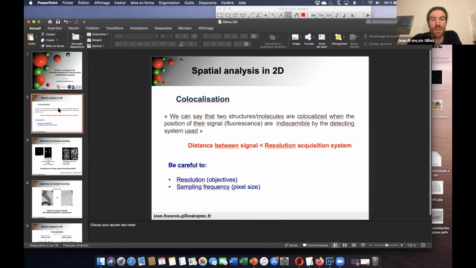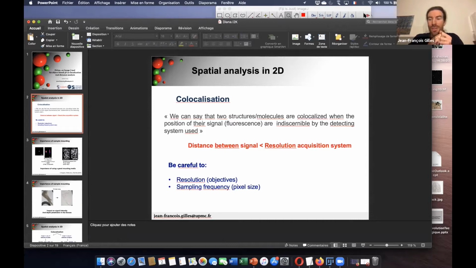So basically, just to introduce colocalization: when we say colocalization, we want to measure two objects which are at a very small distance, so they are localized in the same place.